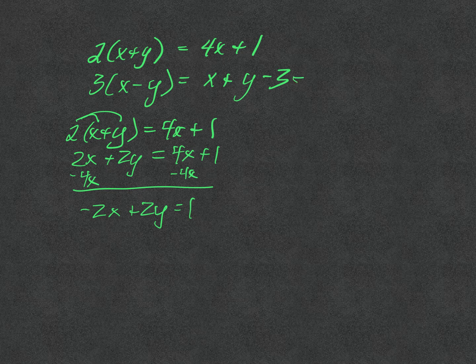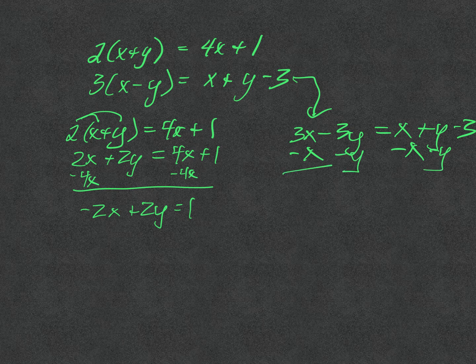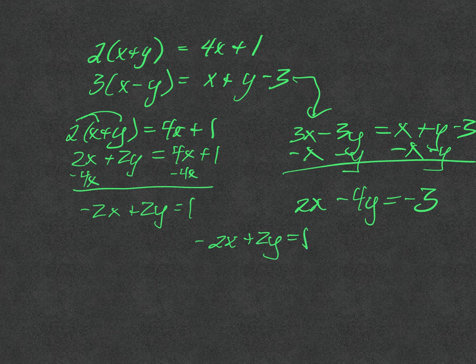I do the same thing for this equation. 3x minus 3y equals x plus y minus 3. So I'm going to subtract x from both sides. I'm going to subtract y from both sides, and I end up with 2x minus 4y equals negative 3. So there's my equation. So if I put them together, negative 2x plus 2y equals 1, and 2x minus 4y